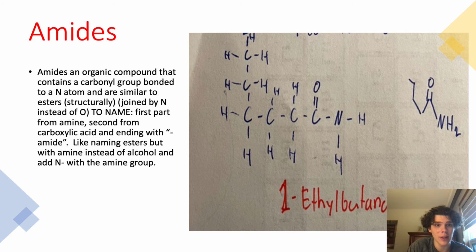Now we have amides, which are organic compounds that contain a carbonyl group bonded to an N atom that are also similar to esters and are joined by an N instead of O. So to name, the first part of the amine and then the second part from the carboxylic acid ending with amide. Just like naming esters, but with naming an amine instead of an alcohol and adding N with the amine group. So here we have